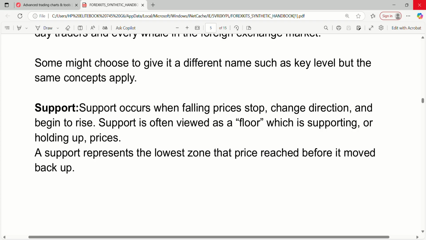What is support? Support occurs when falling prices stop, change direction, and begin to rise. Support is viewed as a floor which is supporting or holding up prices. A support represents the lowest zone that price reached before moving back up. So support is simply a point on your chart where price stops moving down. To me, in simple words, support and resistance zones are areas